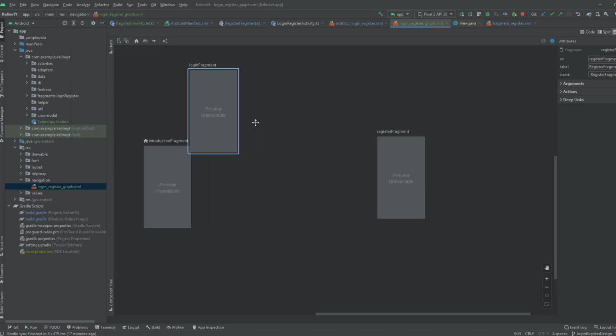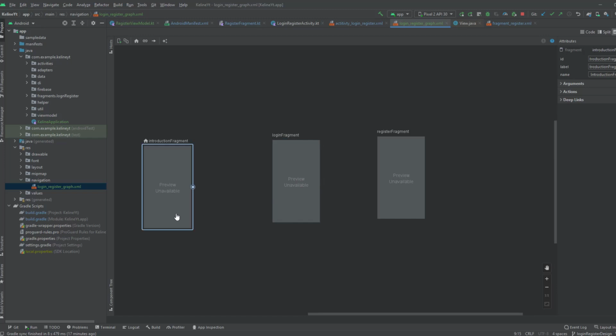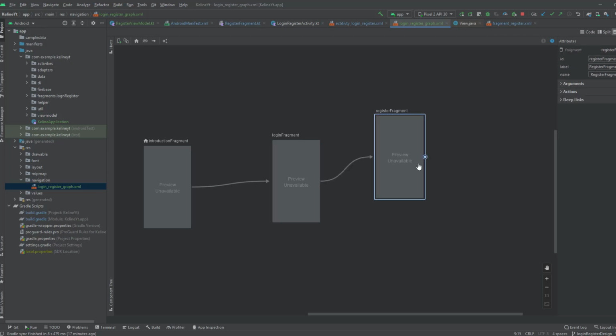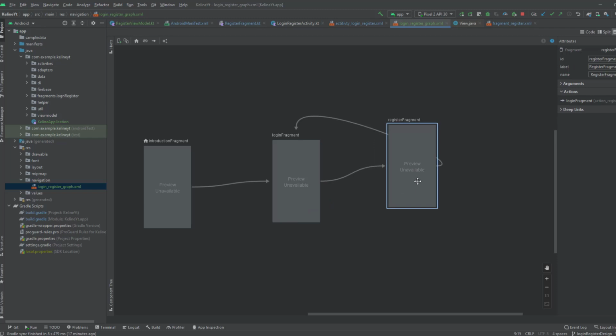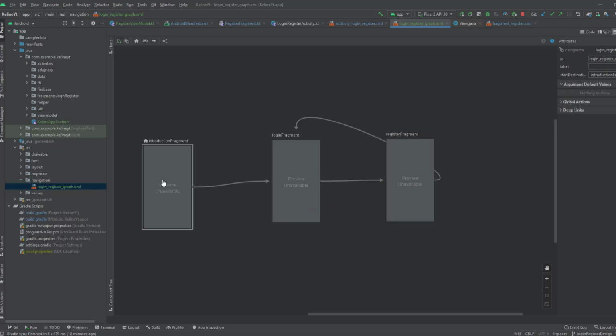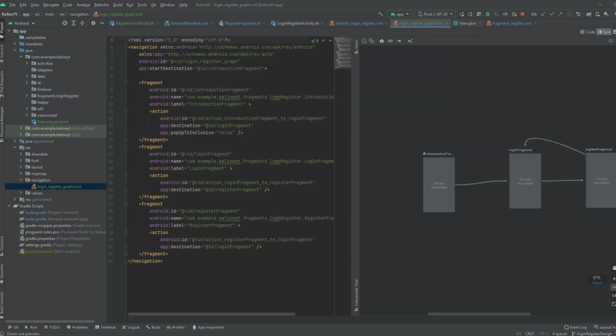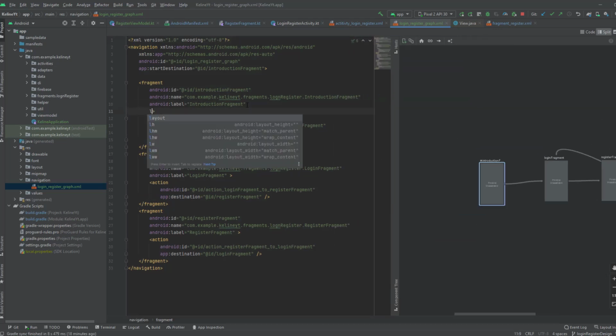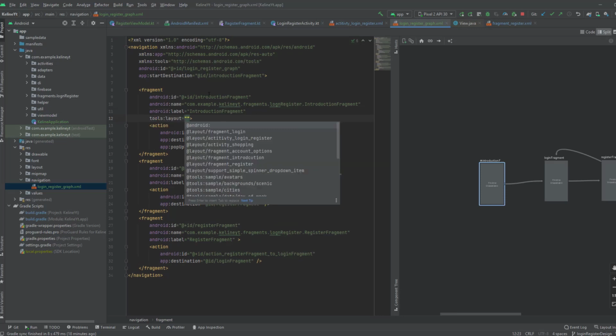So let's see. Now from the introduction we can go to the login, and from the login we can go to the register fragment, and from the register fragment we can go to the login fragment. If you want to show the preview of these fragments, you can click on split. Let's zoom out, and you can go inside each fragment and add the layout tool, and here you're